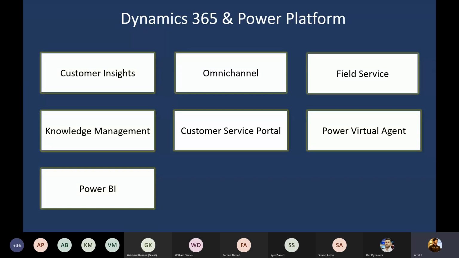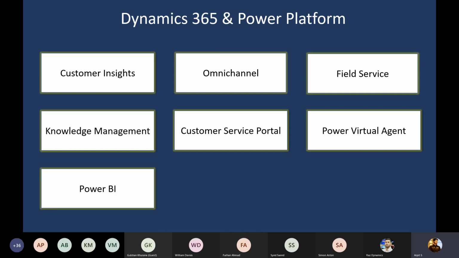Because in the contact center, it is very important that you have millions of records, millions of cases, the tickets raised in your system. So if I have to improve my customer service, if I have to check the performance of the call center agents, I cannot look at all the millions of records. I need some sort of analytics, the dashboards, right? And based on that, I have to take decisions in order to improve my customer service. So Power BI basically plays a vital role in that.